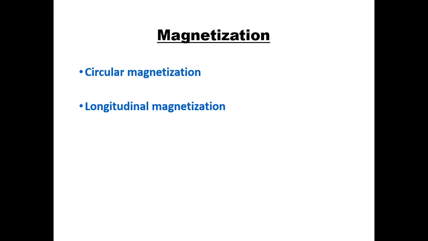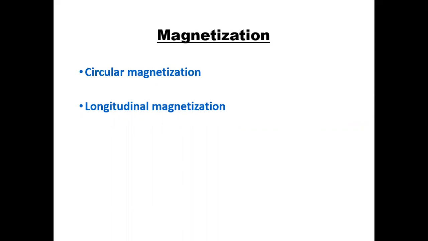In that case, if there is any discontinuity, then lines of force will leave the job and come out, and we get flux leakage. So there is formation of north and south poles, and if you apply iron particles there, then the iron particles will accumulate because of the dissimilar poles, and we get an indication. So this is the complete principle of magnetic particle testing.